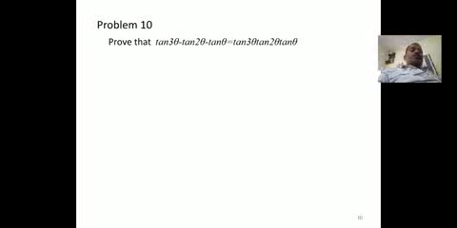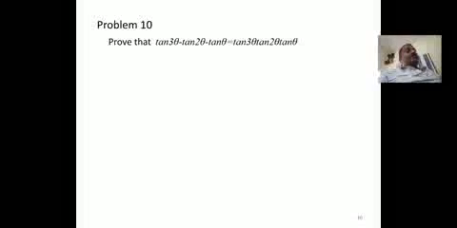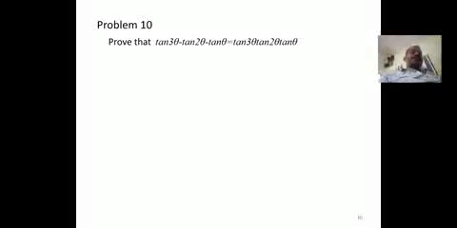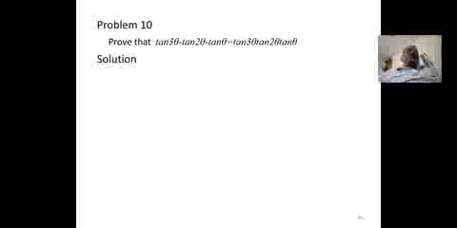3 theta minus 2 theta equal to theta. Apply tan on both sides, you can get this one. 3 theta minus theta equal to 2 theta. Apply tan on both sides, then we'll get this result. So I'm taking one of these three.